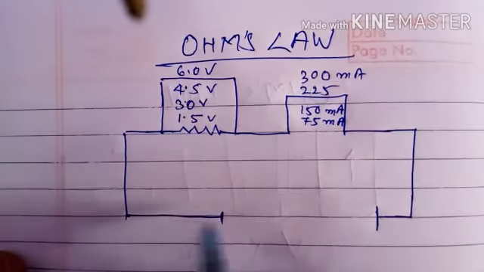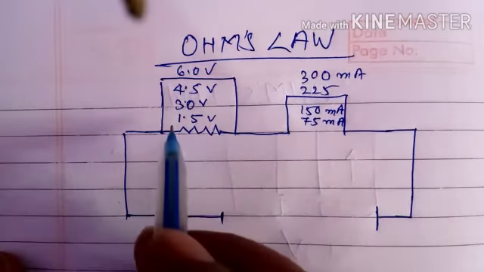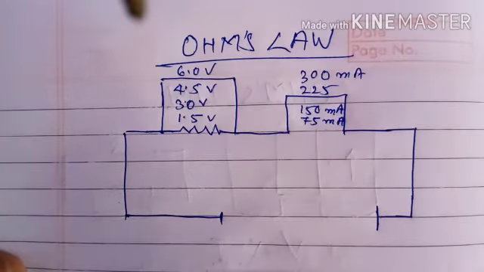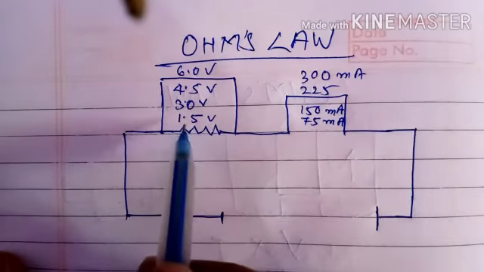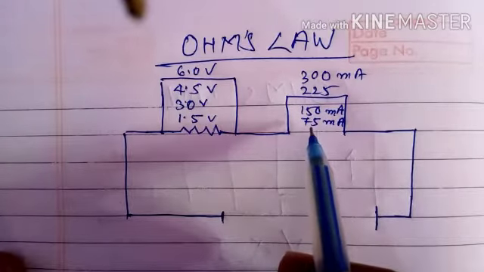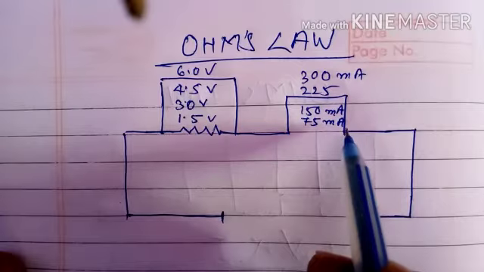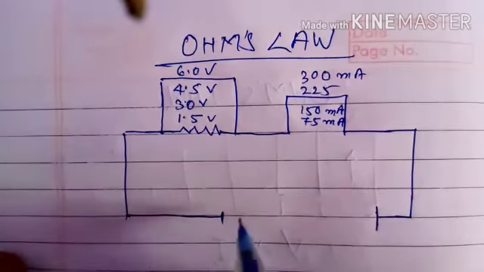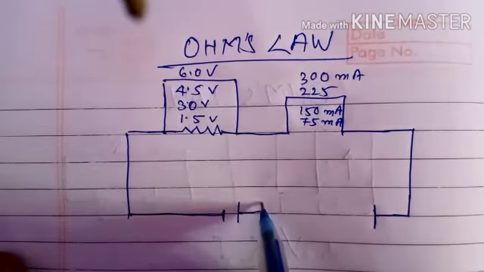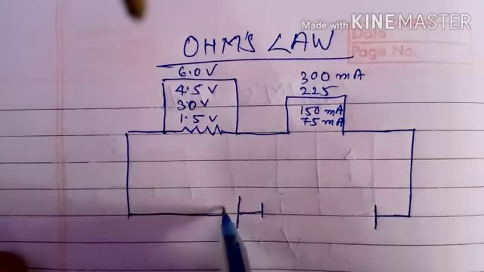Students, first of all assume only one cell has been used in this condition, and the cell is of 1.5 volt, due to which the voltmeter reading will be 1.5 volt. And at that time suppose the reading of the ammeter is 75 milliampere. As soon as we use another cell, a second cell, the reading of voltage will be 3 volt, and the reading of the ammeter will be